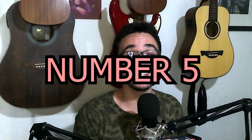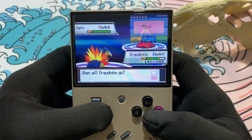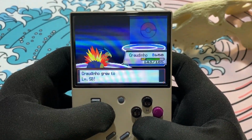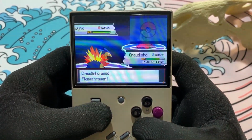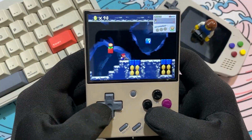That's good. If you wish to play DS games, the sleep feature does not work. The Nintendo DS is not officially supported by the Miyoo Mini Plus. However, you can install it on your own, and it's not that hard, trust me, it's really easy actually. But one thing I noticed is that when you open up any DS game, alright, I'm playing now Super Mario Brothers,